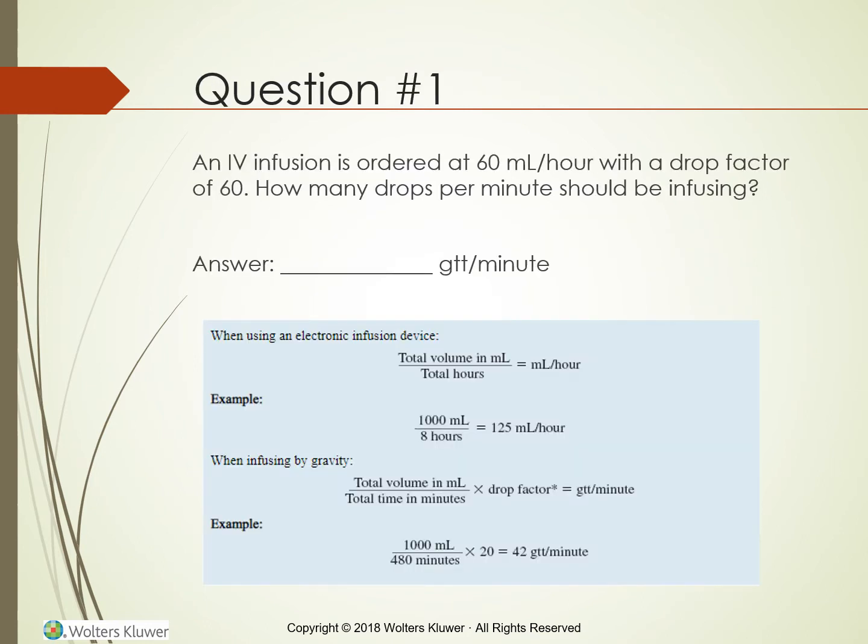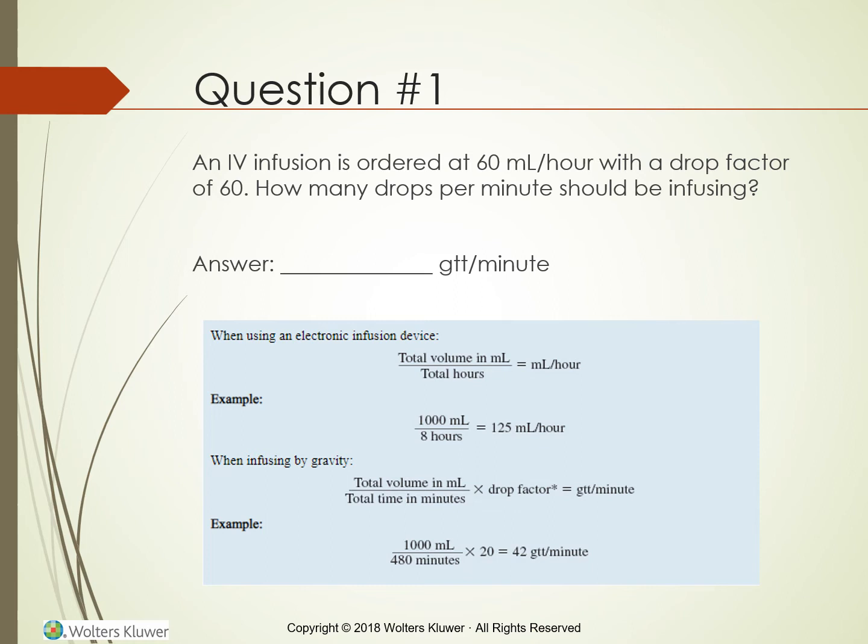An IV infusion is ordered at 60 mL per hour with a drop factor of 60. How many drops per minute should be infusing? If you look at the example below, when using an electronic infusion device, you take total volume in milliliters over total hours you want it to run equals how many mL per hour it runs. An example, if you have a 1,000 milliliter IV bag and the doctor orders it to be run over 8 hours, then you divide 8 into 1,000 and you get 125 mL per